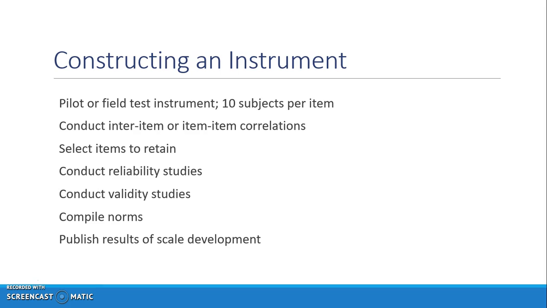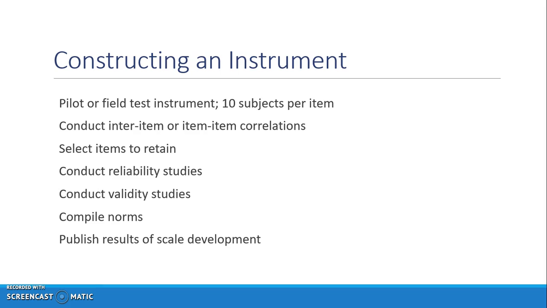A lot of times people don't do this. This is the best advice, though. If you're going to basically have a large study, you need to think about factor analysis and having 10 subjects per item. You can conduct inter-item or item-item correlations, look at the statistics, pick the items you want to retain,